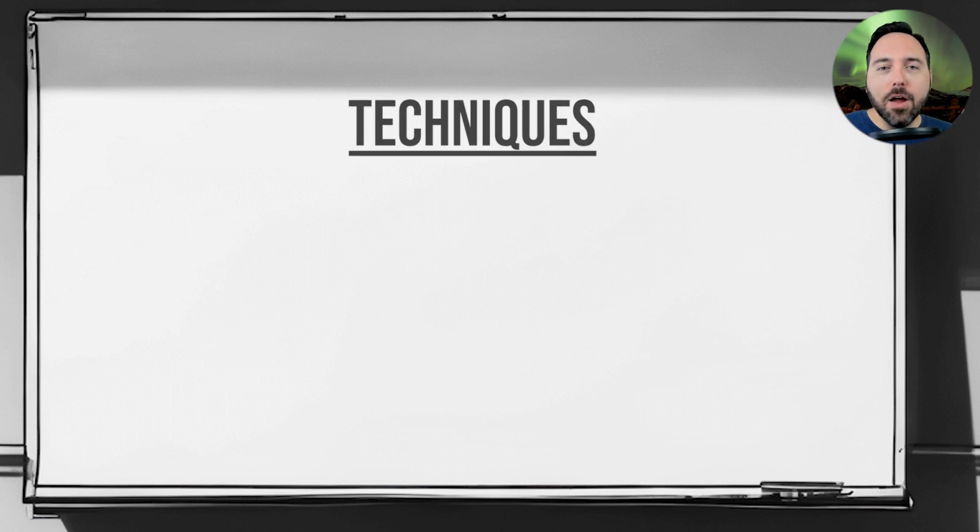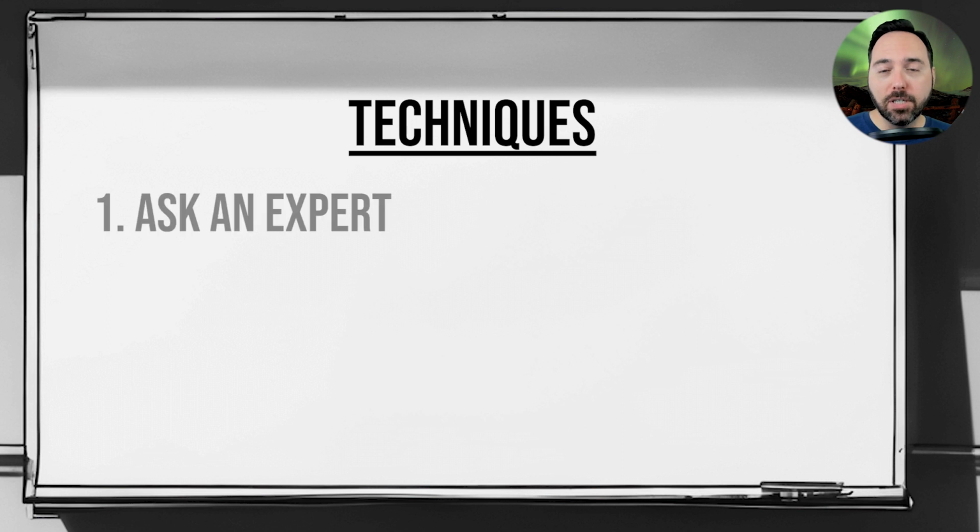In the world of academia, functional dependencies come down to us like manna from heaven. It's a pretty neat trick if you can pull it off. But in the business world, we have to fight for our functional dependencies. There are two techniques which can work reasonably well to suss out functional dependencies. The first is to ask an expert. Discuss the business rules and find out what your subject matter experts know.